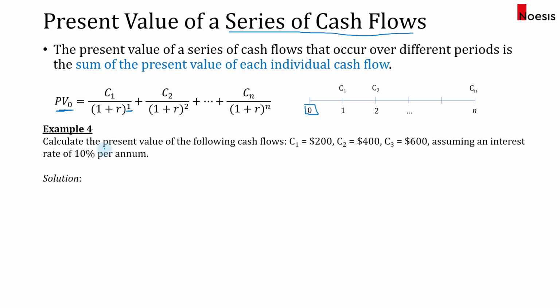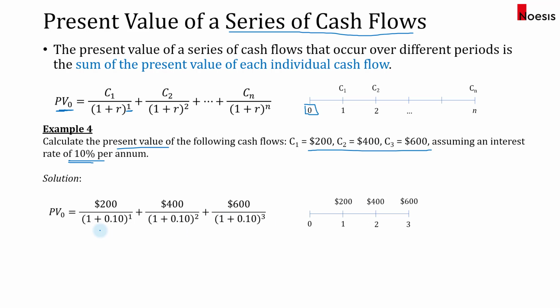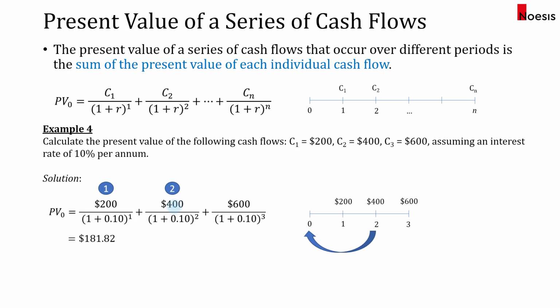In example 4, calculate the present value of the following cash flows, assuming an interest rate of 10% per annum. So again, if you draw out the timeline of the cash flows, we'll discount each of these cash flows at 10% based on their timing, year 1, year 2, and year 3. So for the first cash flow, that will be equal to 181.82. And then for the second cash flow, that will be equal to 330.58. And for the last cash flow, that will be equal to 450.79. So that will be equal to